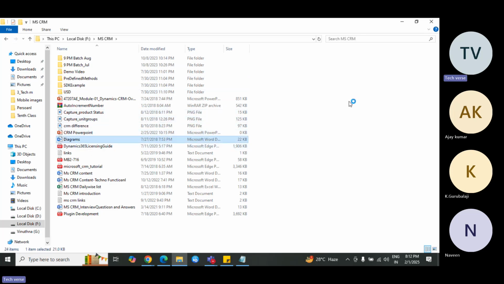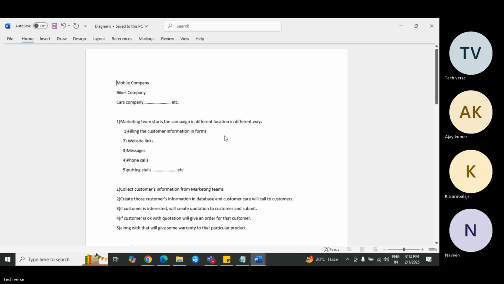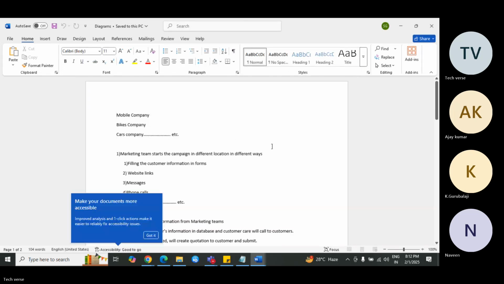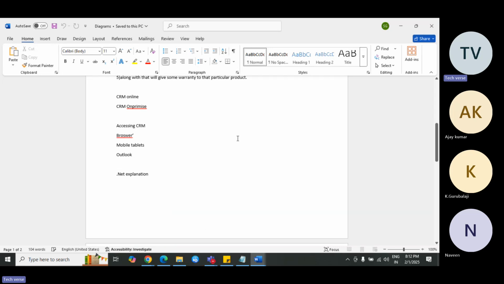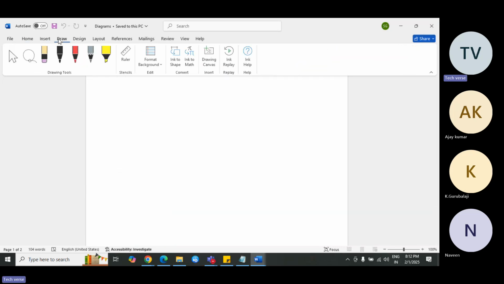I'll show you one diagram here. Let me draw a diagram. So why should I learn it? Let's say,